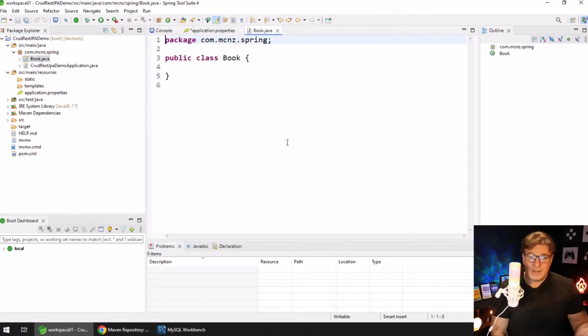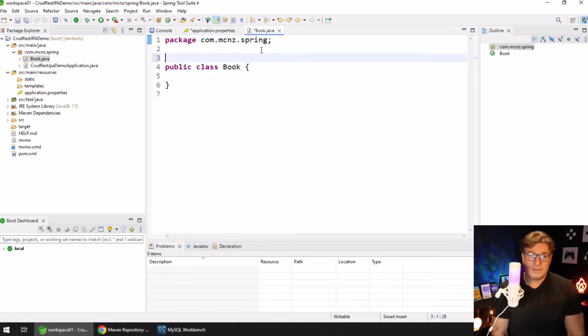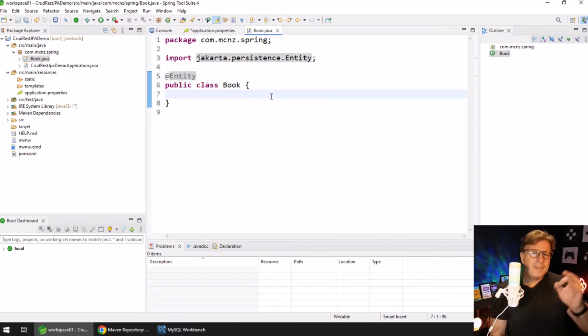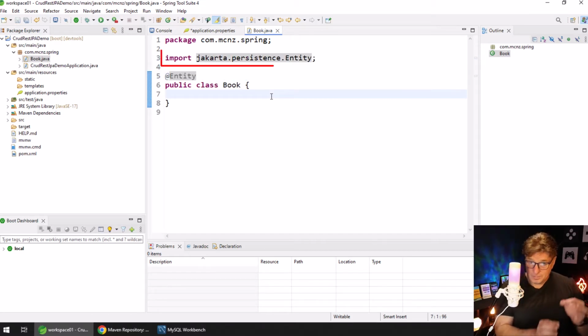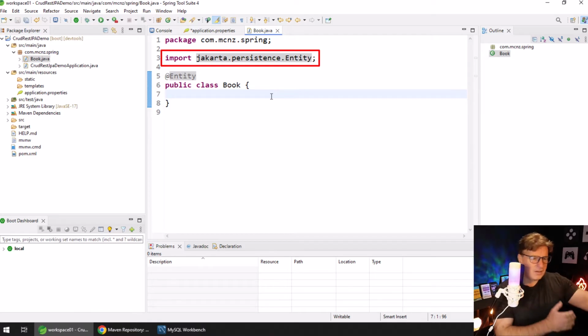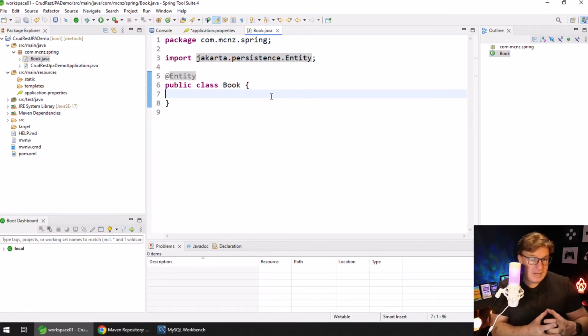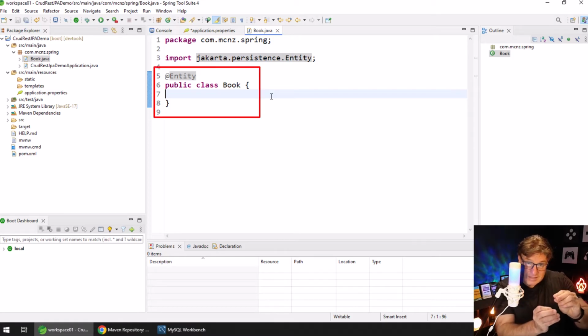It's going to be a simple class, not going to be too much to it. I do need to decorate it with an entity annotation. I'm going to click Control-Shift-O, make sure it's the Jakarta persistence entity. Jakarta is the new Java EE. So jakarta.persistence.Entity. This allows me to create a Java bean, but at the same time, that annotation says to JPA,